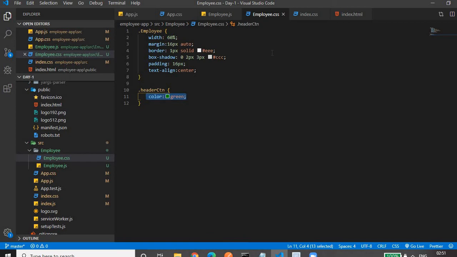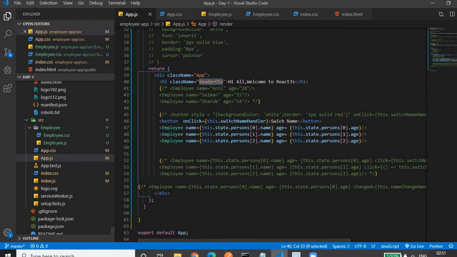The CSS is applied on the basis of the last child component included in the App component. In the App component, our last child is Employee. That's why the CSS corresponding to Employee gets applied for the same class. If we have one more child element, then the CSS corresponding to that child element will be applied, overwriting the same class and same properties.